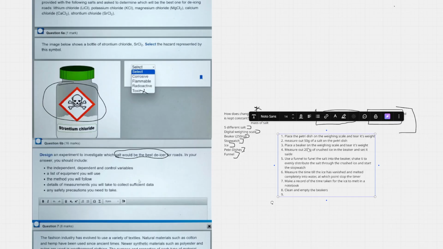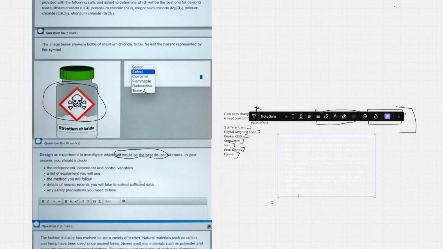Okay. So now I would write repeat steps 1 through 8. Then